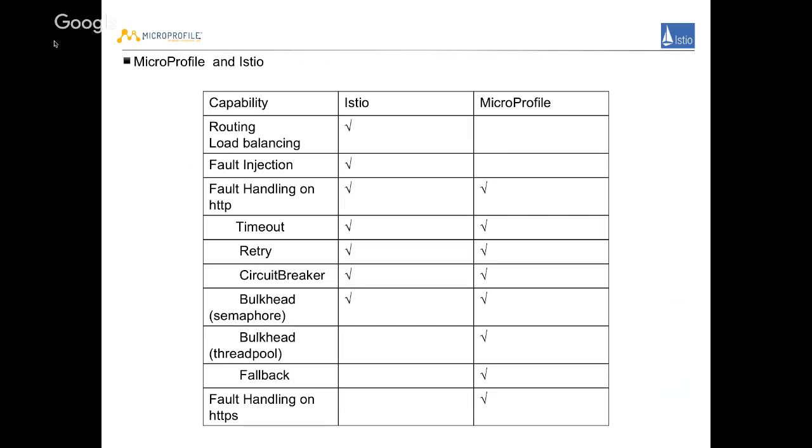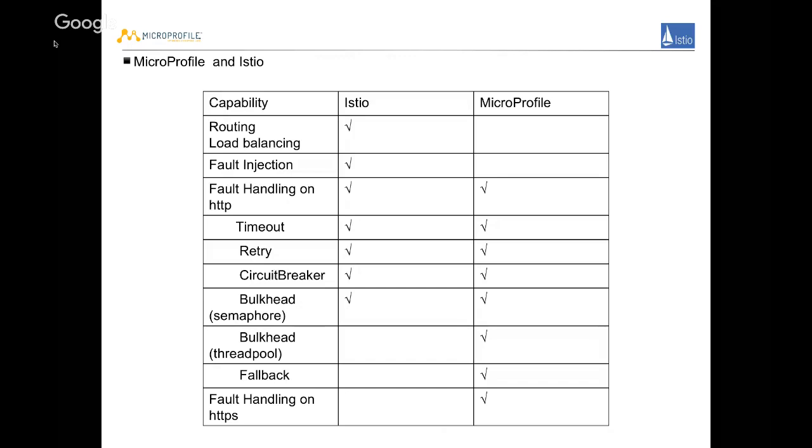And the big thing I would like to remark on is fallback. MicroProfile provides a fallback capability which Istio cannot. The ideal ecosystem is you could use Istio's fault handling together with MicroProfile's fallback capability.